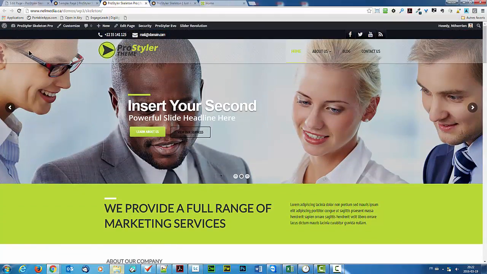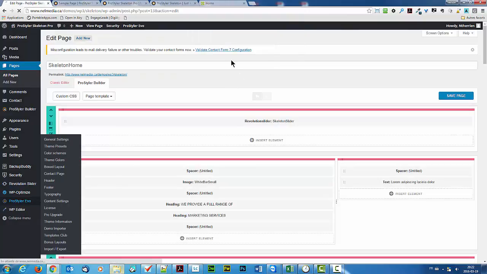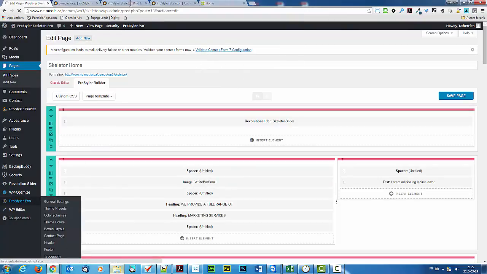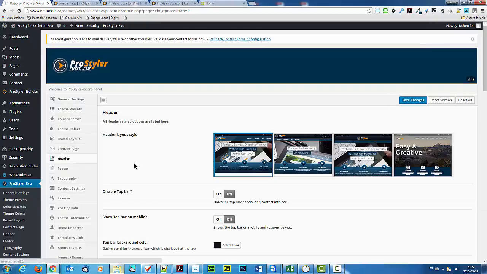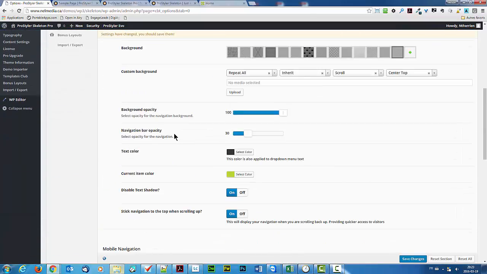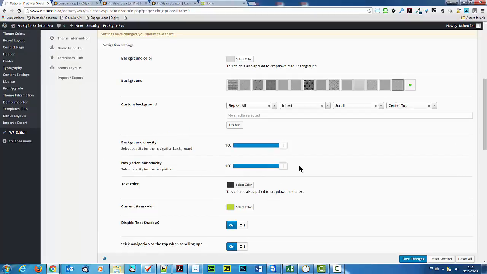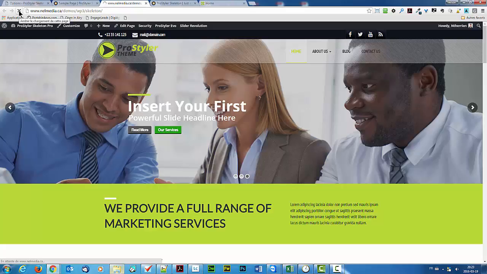Okay, so if I wanted to put that black, I can remove that line, of course, here, because right now I'm using the default settings. So of course in our skeleton we don't have that black top bar, so I would have to remove it. But this is in the header, so disable the top bar, yes. Then the background opacity, if you don't want to have the transparency, will be set back to 100%. And I'm going to wait for that to refresh. So if I refresh my page,